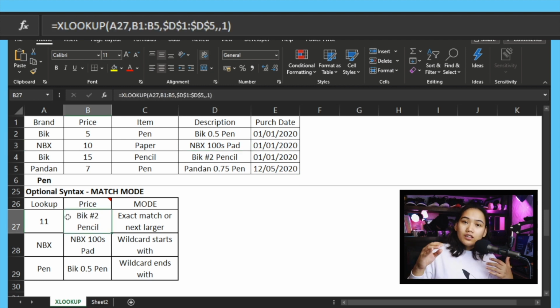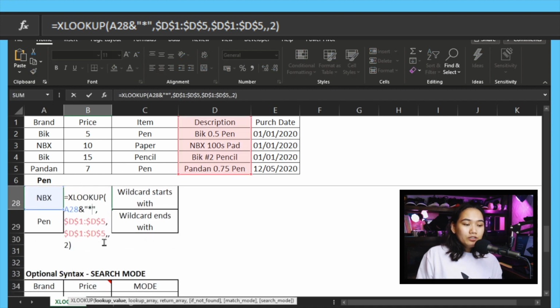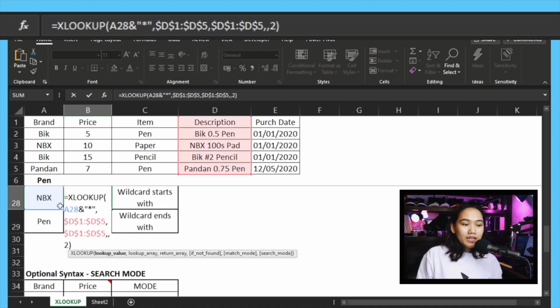Ngayon, one thing na meron din dito as an option is you can search for wildcards. Ibig sabihin, you can search for partial matches ng ating description. For example, we have here yung ating lookup value. Hinahanap natin yung NBX